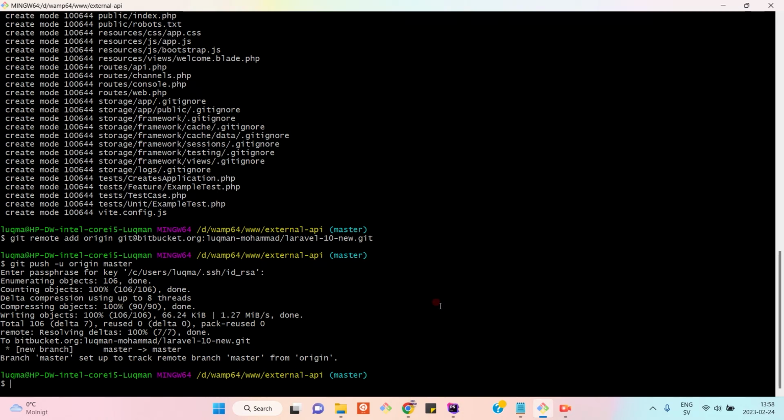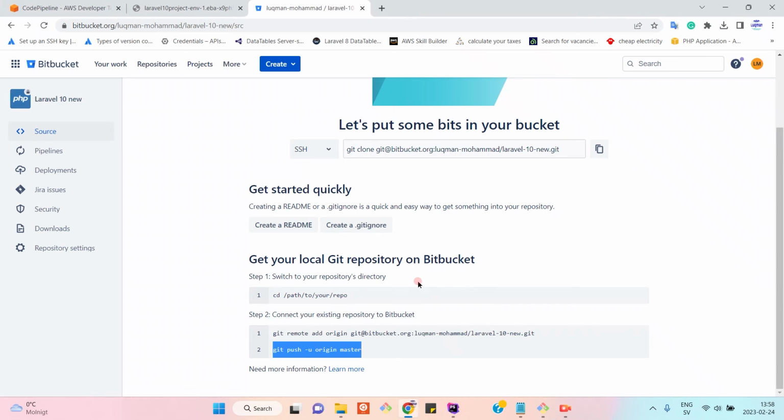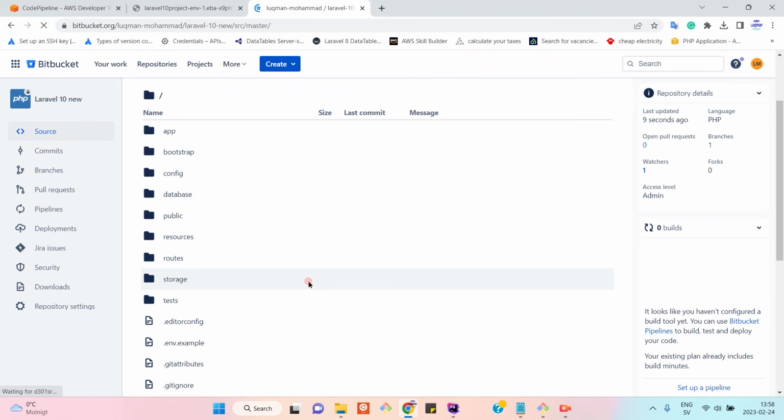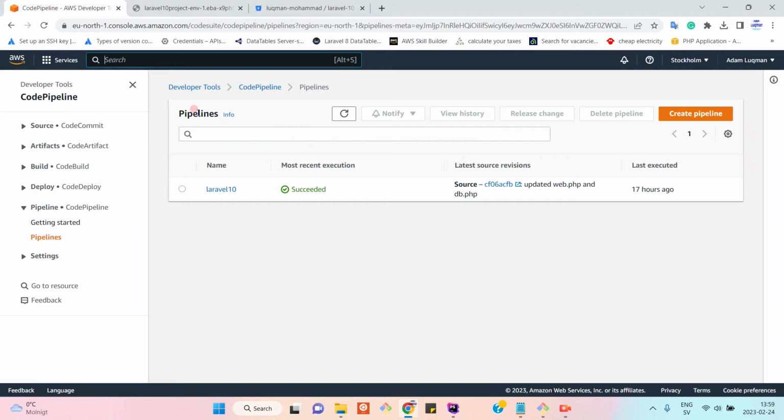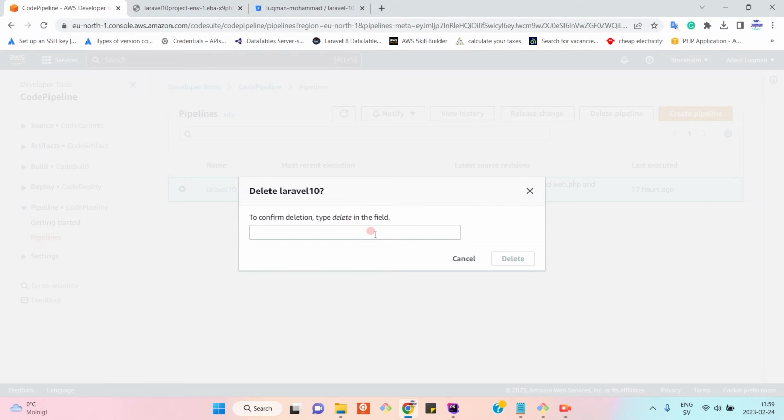So our source code has been successfully pushed to the Bitbucket repository. If now I refresh the page, you can see all the code, and we can also see the first commit. Now let's go to AWS, and let's see something, there is some change here. No, it's an old pipeline, delete the old pipeline. Let's create a pipeline,